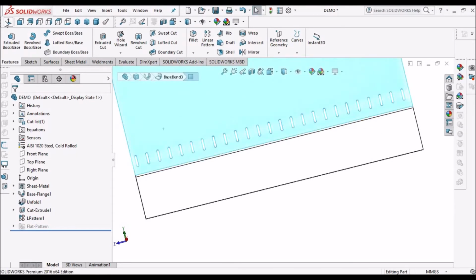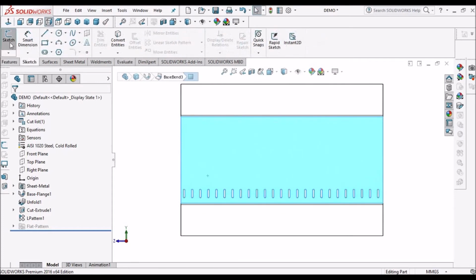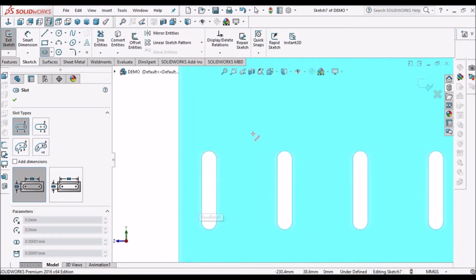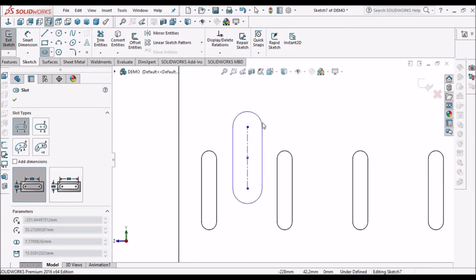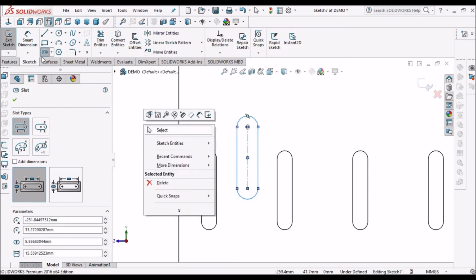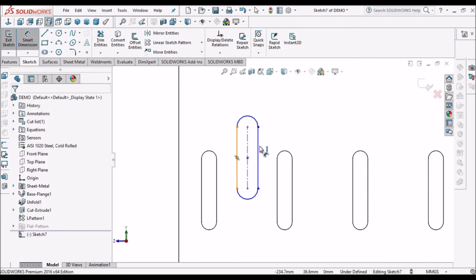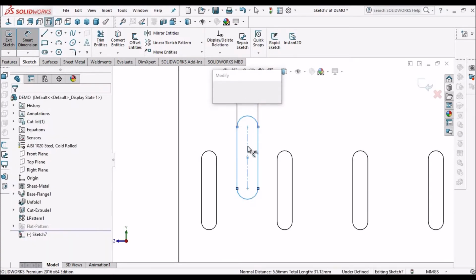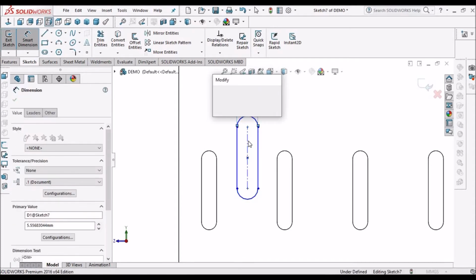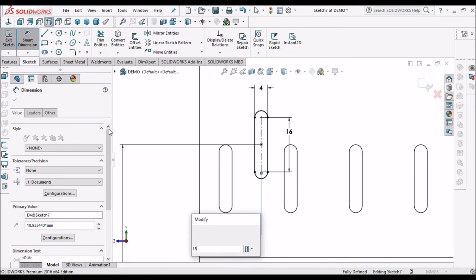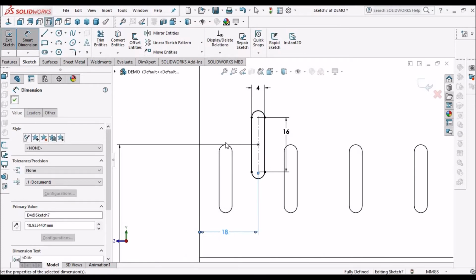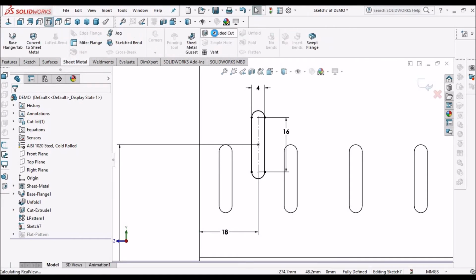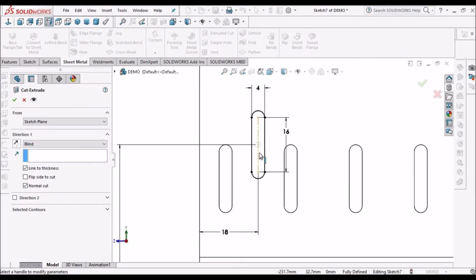Now select this face, keep it normal, go to sketch and create one more slot. This is 4. So this slot creating cut extrude.